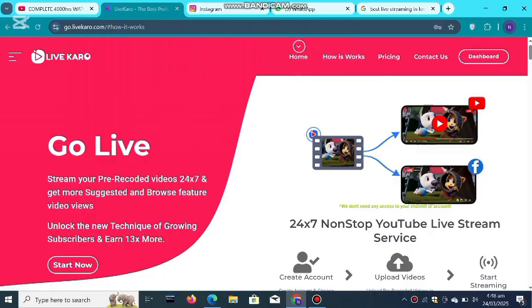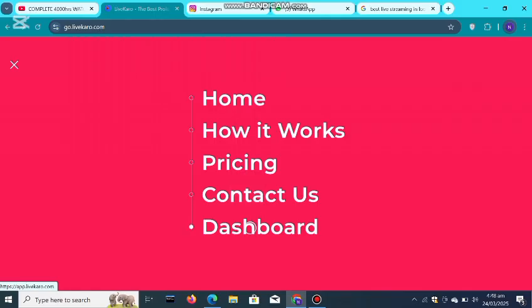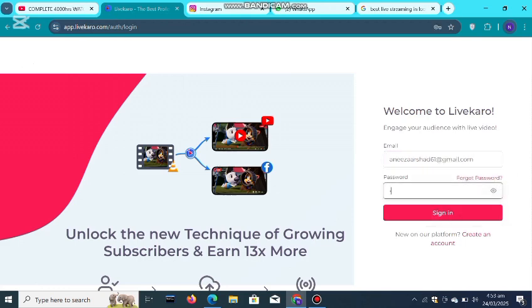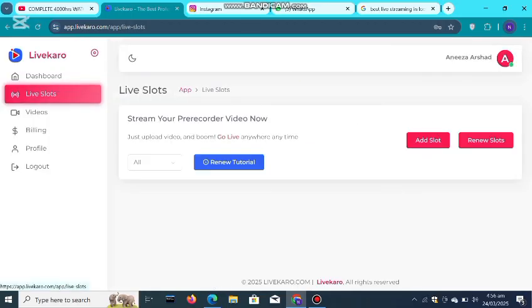Click on Home tab, open Dashboard, enter email and password. You will get a verification email on that email address which you have entered. After verification, sign in. From here, you can book live slots,